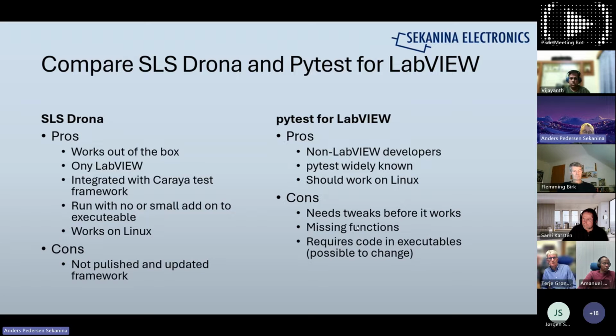And again, this one here is also not a published, polished function. It's also something just found on GitHub. But I think both of them, for my customer, we will actually use both of them. One for LabVIEW developers to do the final test of the product, and then one for the customers who can then interact with the user interface from Python.